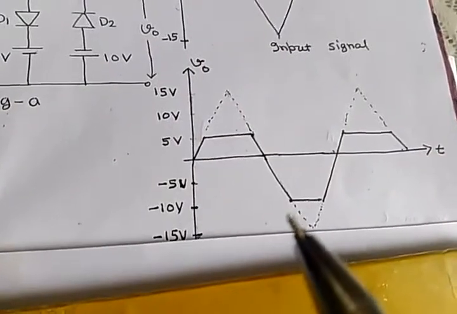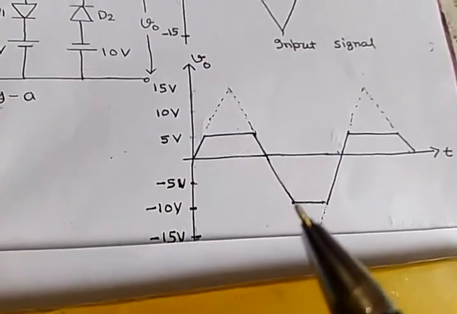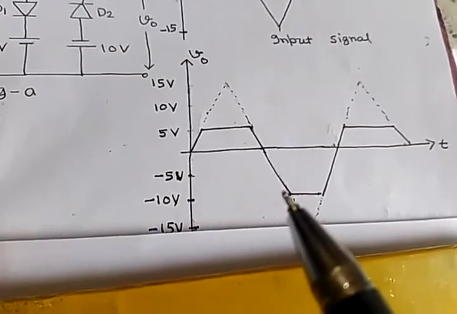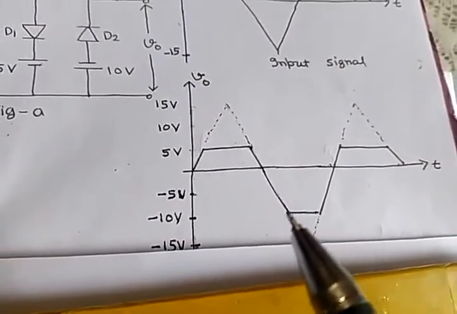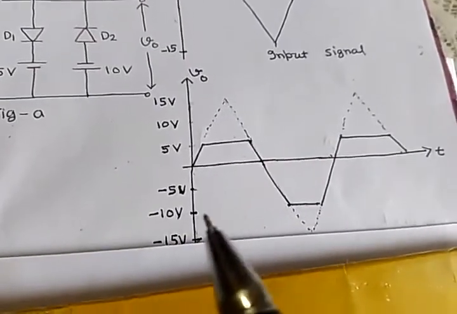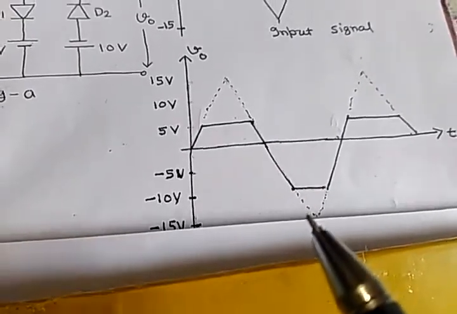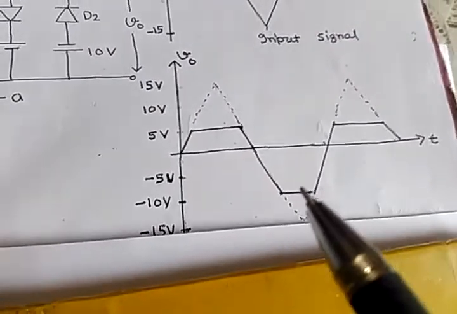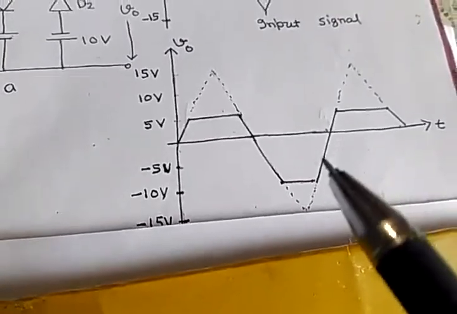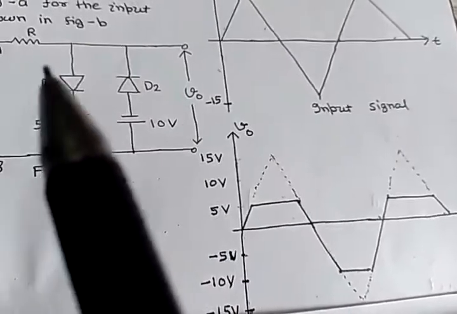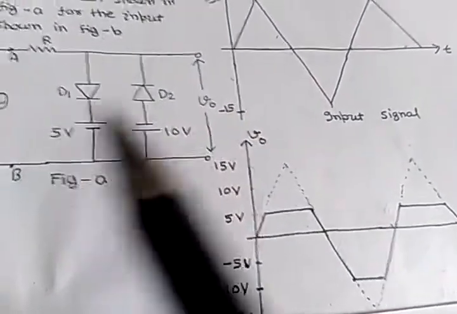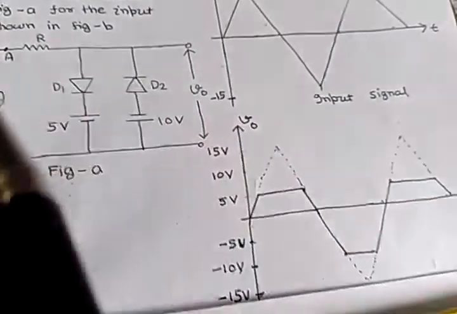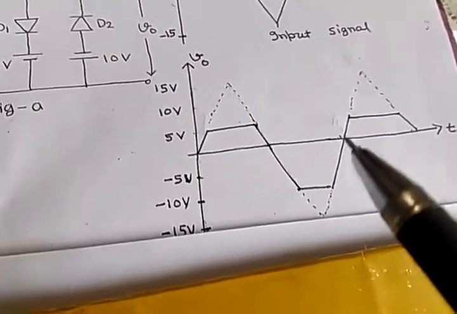So when the input voltage exceeds minus 10 volt in the negative direction, we will get a constant output which will be equal to minus 10 volt. So in the negative half cycle, the input signal beyond minus 10 volt will be clipped. Now again, when the input signal becomes less negative than minus 10 volt at this point here, then again both the diodes will be reverse biased, and they will be replaced by an open circuit. Then again the output will follow the input. Here again the output is following the input signal.